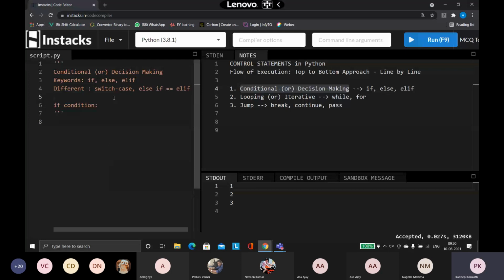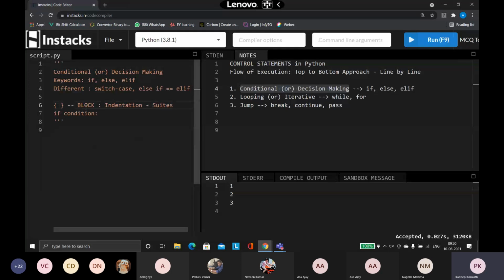What we are going to do is, instead of blocks, we are going to have something called indentation, and the statements that we write within it are called a suite.